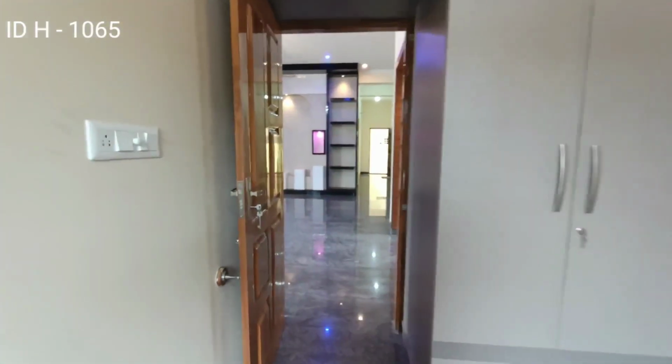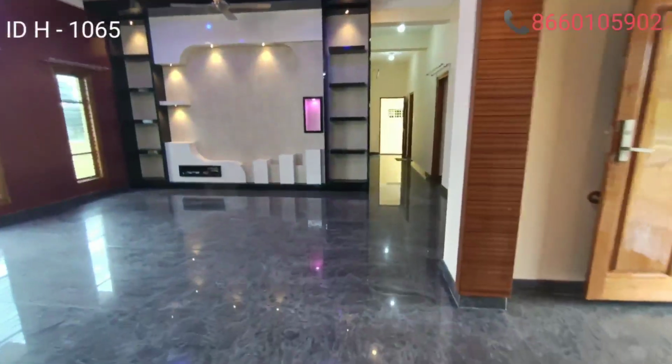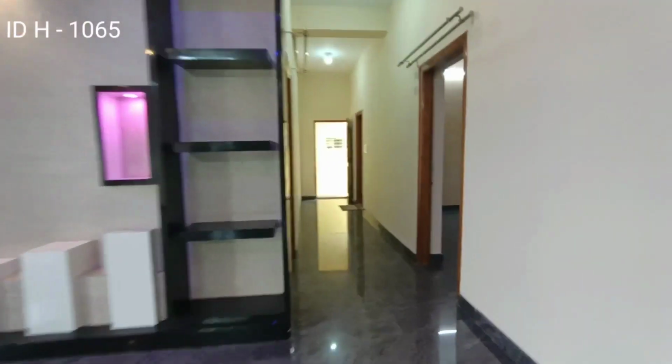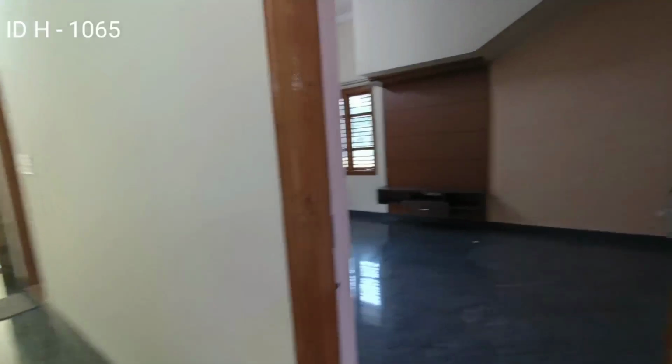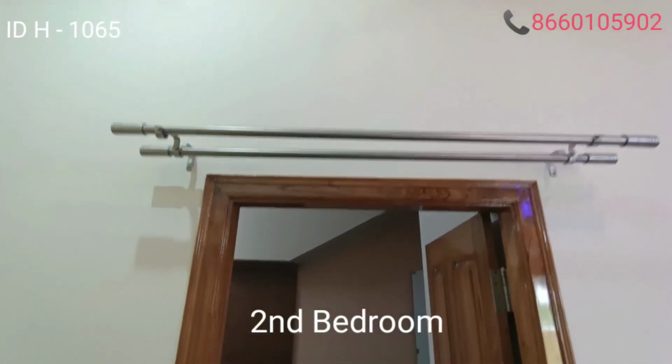So idu immediate agi ready to occupy mane idu. So yavade tiraddu extra investment ಏನilla. So ನೋಡಬಹುದು ಈಗ ನಾವೀಗ we are going to second bedroom actually. So idu second bedroom with curtain rails,